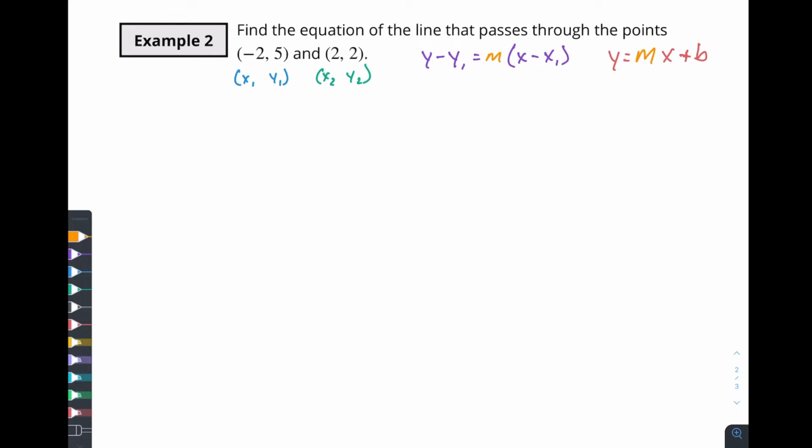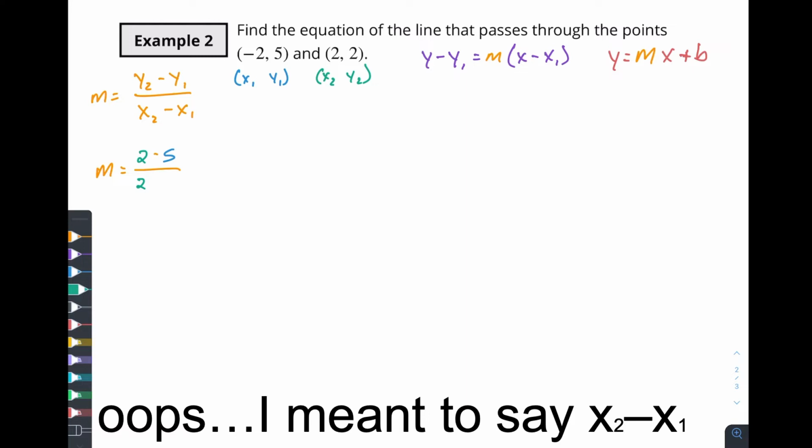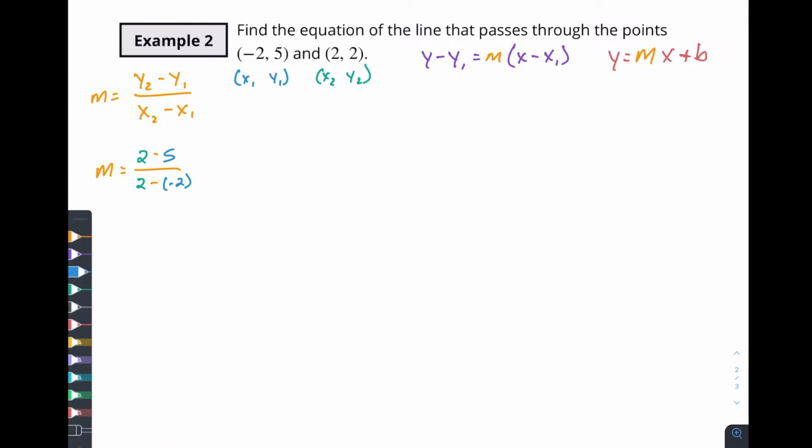So in order for us to find the equation of this line, the very first thing we need to have is our slope. So we have to go to the slope equation as well. And we didn't write down the slope equation yet, so let's do that. y2 minus y1 over x2 minus x1. So if we use the points that we've indicated over here, y2 is 2, y1 is 5, and that's going to be over x2, which is 2, minus x1, which is minus 2. So our slope in this case is going to be 2 minus 5, which is negative 3, over 2 minus